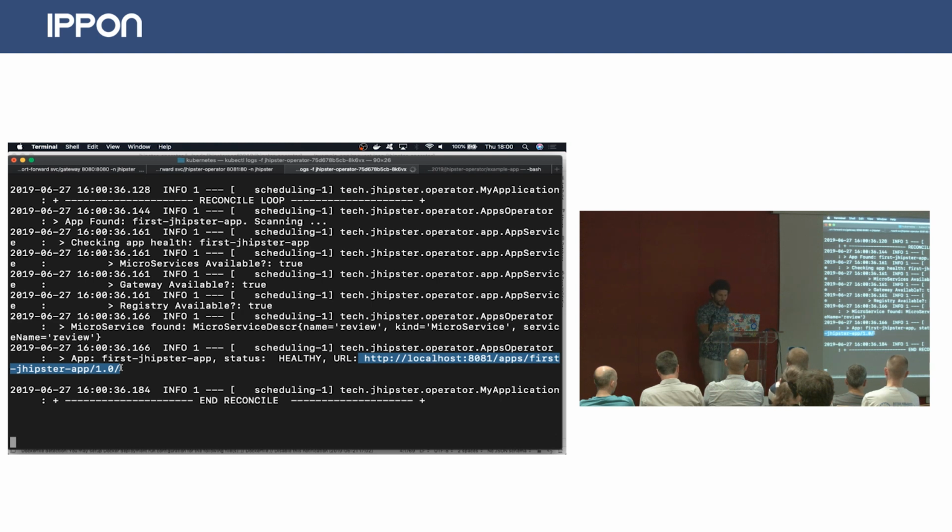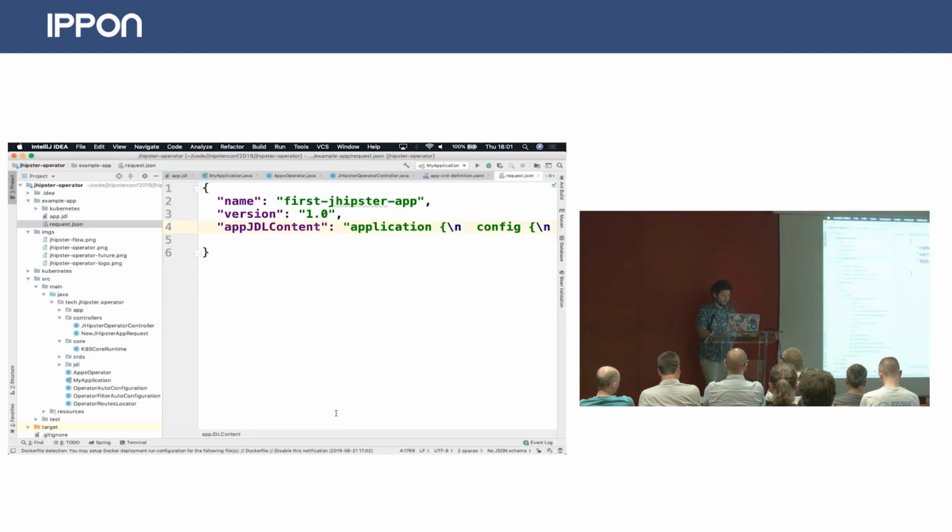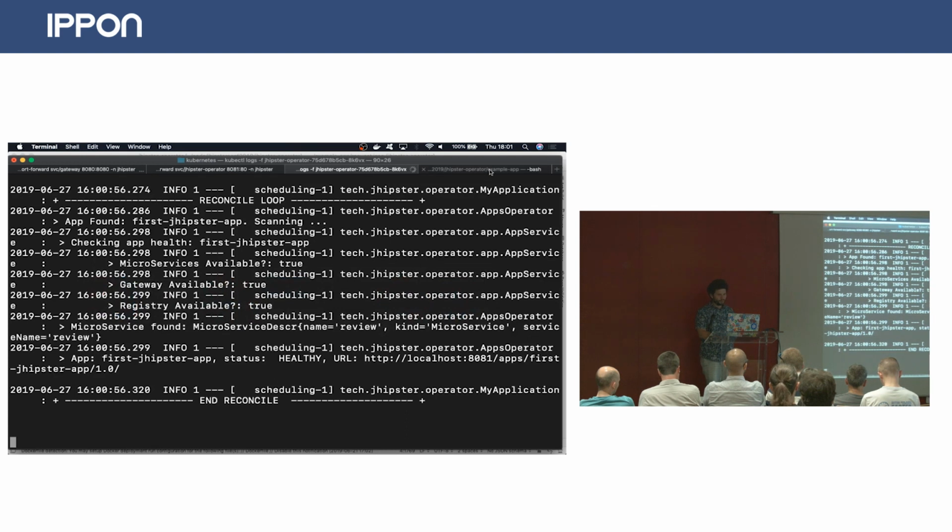And here we can talk a little bit more about hierarchical routing in this case. We can do things like saying apps / the name of the app, version 1.0, and after that we can access the application, for example, the gateway, right? If we access apps / version / services, we can access the services inside the app, right? So we can do all these kinds of things, but the most important thing for me, at least, is that